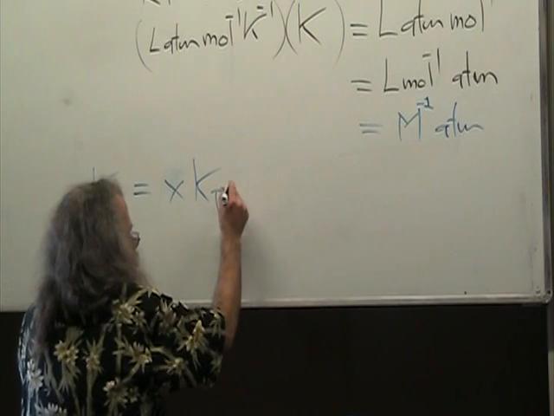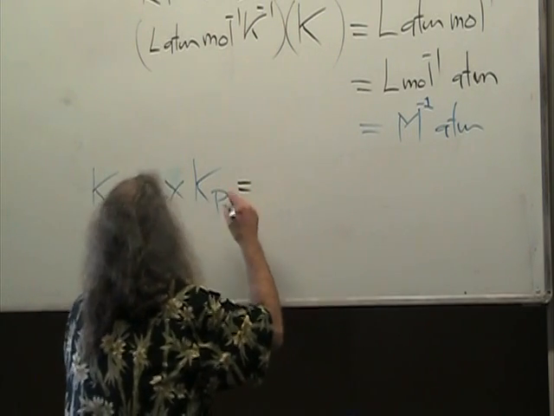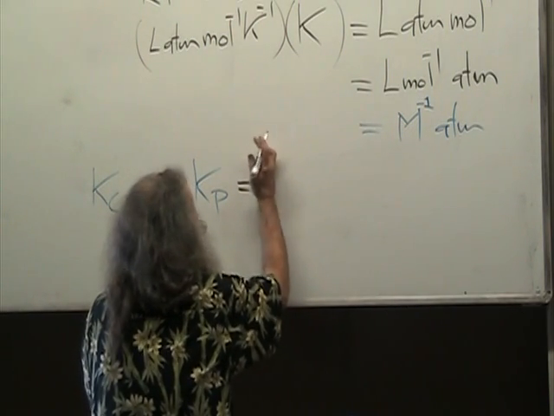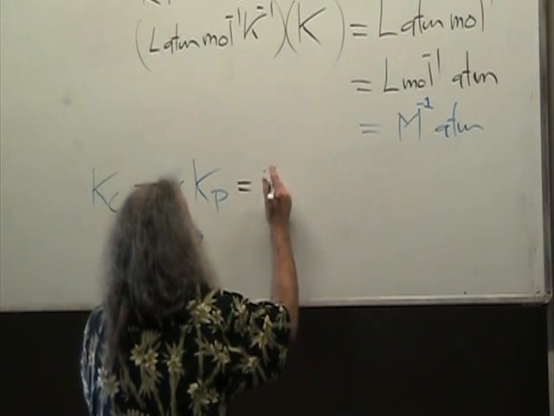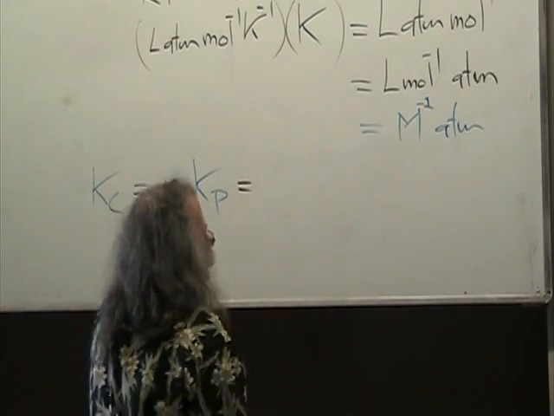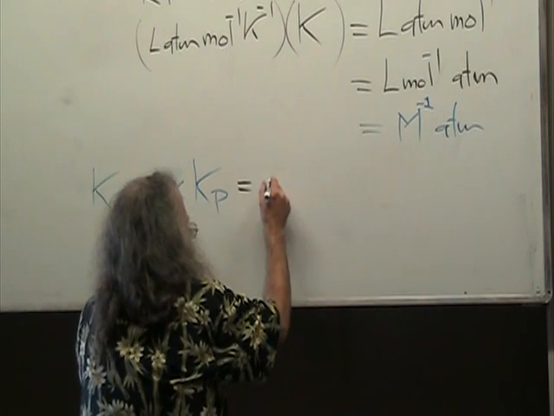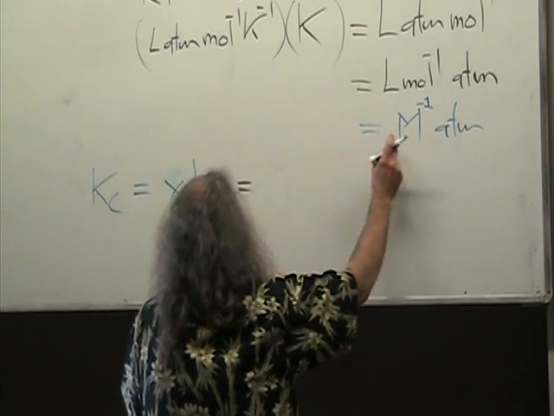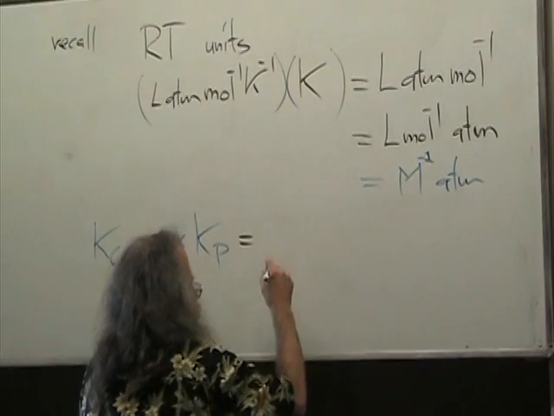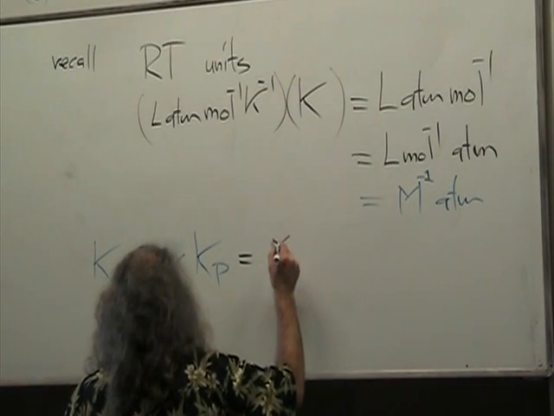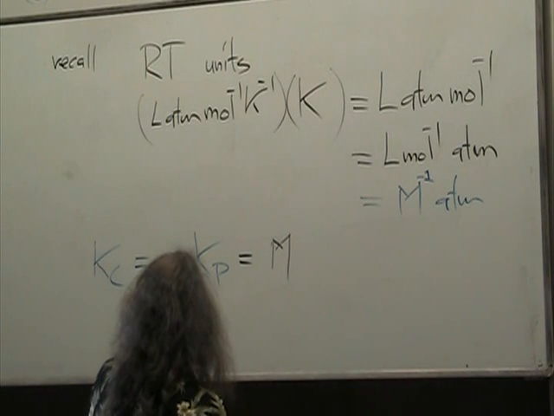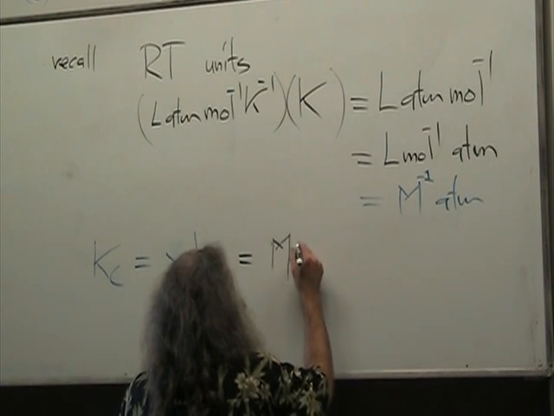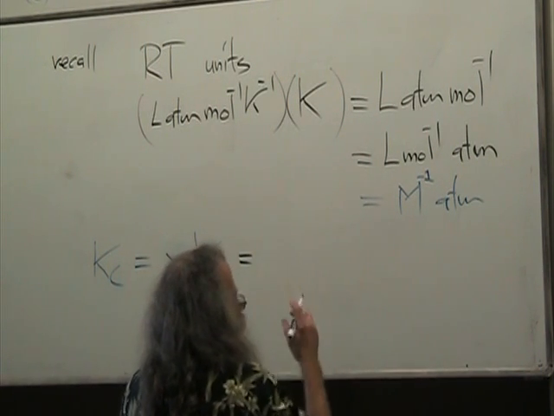Kc equals x times Kp. I've got Kp in terms of atmospheres, so I'm going to want to have atmospheres cancel. This goes in, so I'm going to have molarity. Molarity squared over atmosphere squared. Molarity. Okay, now